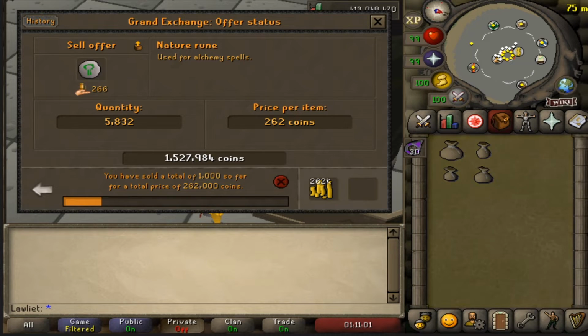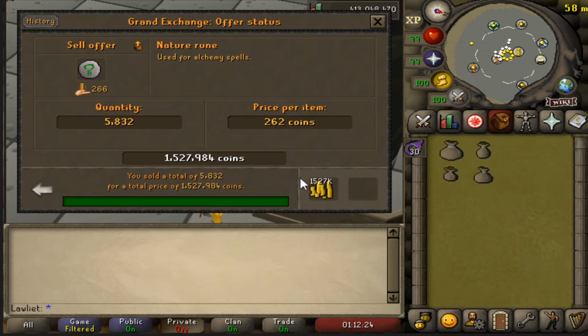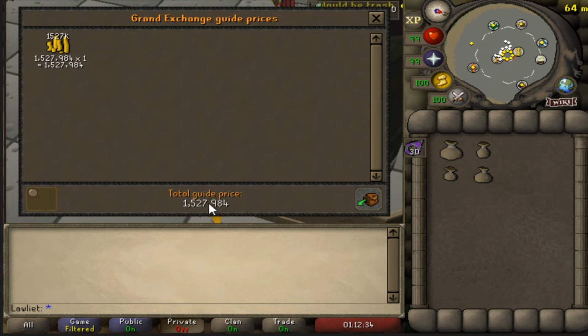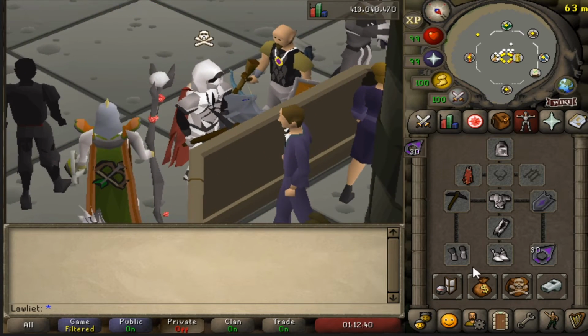One thing that I forgot to mention during this 1 hour of rune crafting was that I would double check my rune pouches as I was leaving the Edgeville Bank, and this was just to make sure that I didn't forget to fill up one of the pouches with the pure essence. So it was a nice habit to get into, and luckily I did not forget any rune essence in any of the pouches. But yeah, after selling off the nature runes, we got around 1.5 mil,